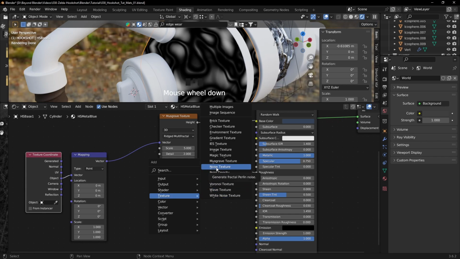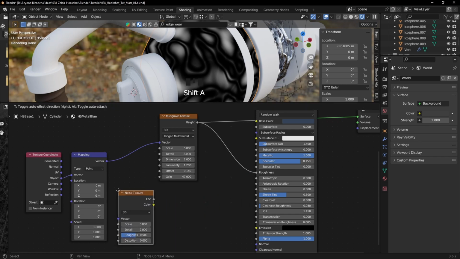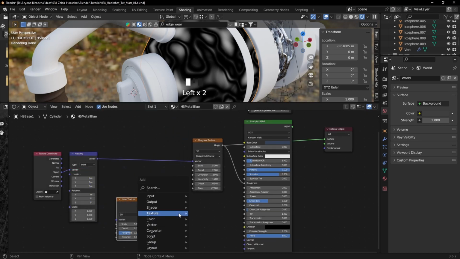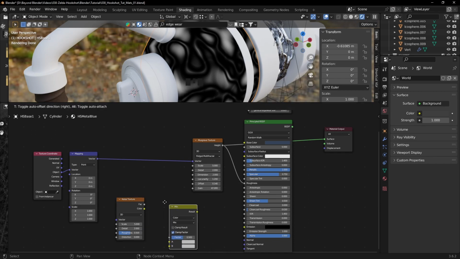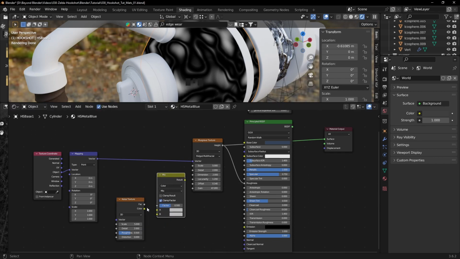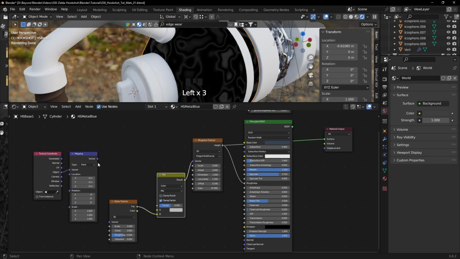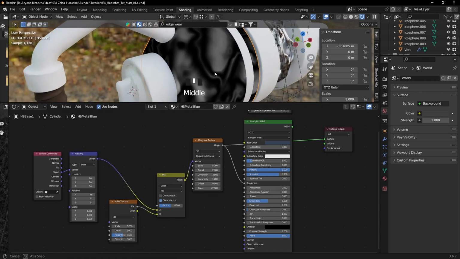Okay, so let's add the texture coordinate and mapping nodes with Control T or manually, whatever you wish. Let's add a noise texture as well. And the reason I'm doing this is because the Musgrave looks good, but it's too regular and too clean. So we're going to introduce a noise texture, and that is going to disrupt the Musgrave texture. So we're going to drop that there and plug the factor into the B slot, and the result from the mix node into the vector,